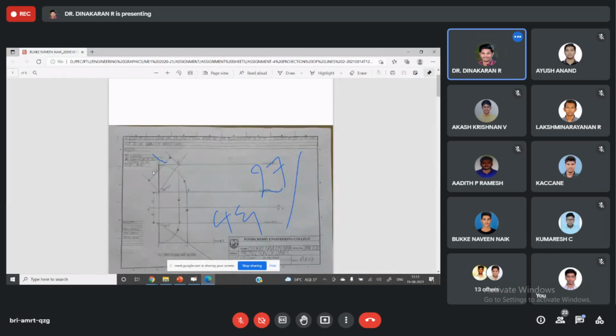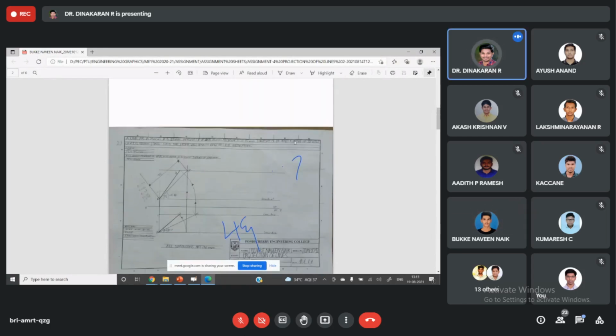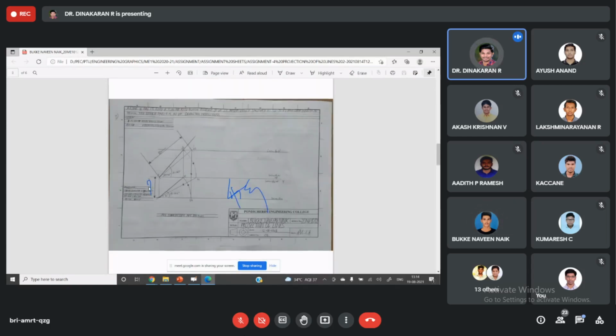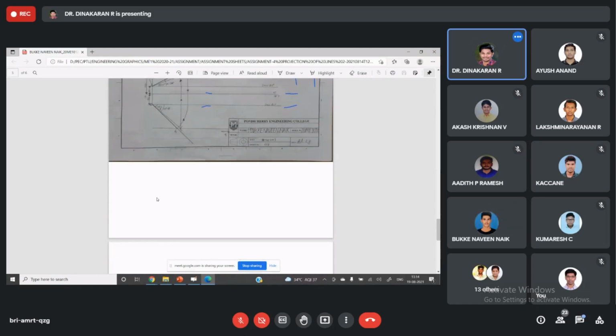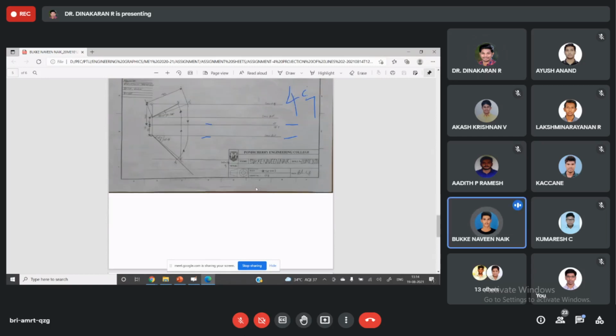This one, for all commonly I reduced 0.5 more. You see, locus of B dash. Okay, sir. And mm. See where is the dimension? See the dimension difference is there. Locus of P dash from starting and B ending. Yes, sir. In that one, I got a small confusion. That's why.